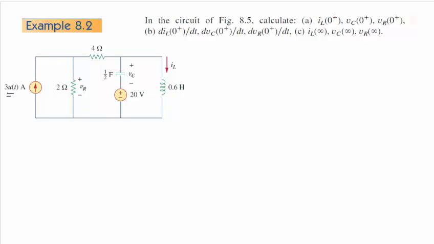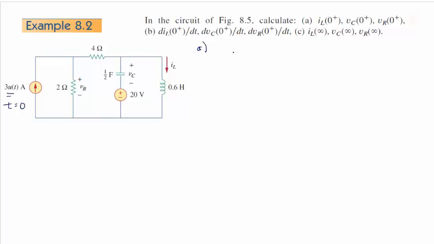Okay, let's do this next example. Your book does it, but sometimes they take shortcuts, and I also saw that the way I thought about the problem was a little bit different than the way they went about the problem. So sometimes it's nice to have complementary viewpoints. The first thing to notice is that this is a source right here that turns on at t=0 by virtue of this step function. So for t less than 0, this is 0 amps and it's not in existence in the circuit.